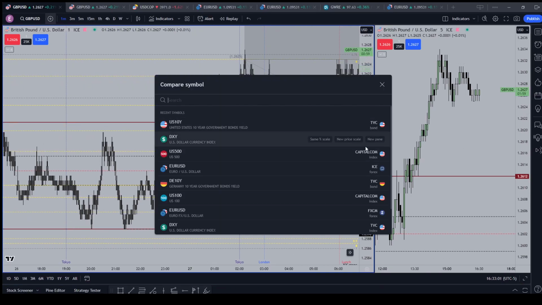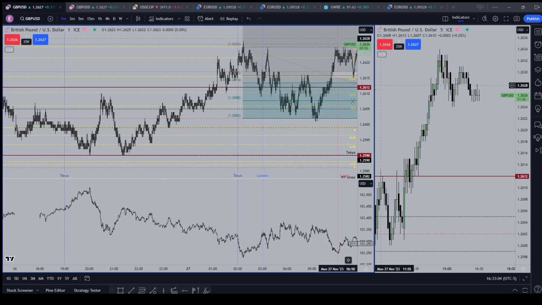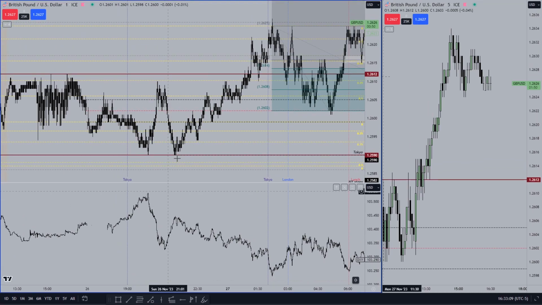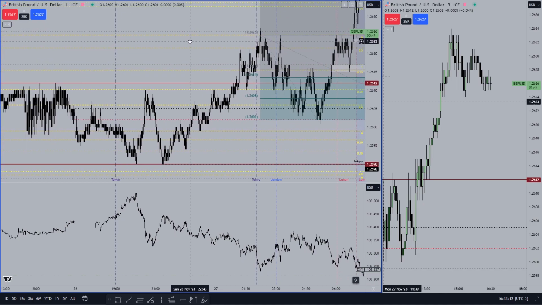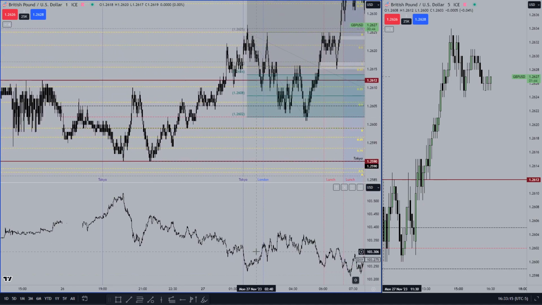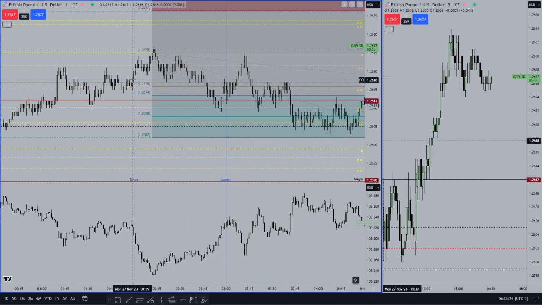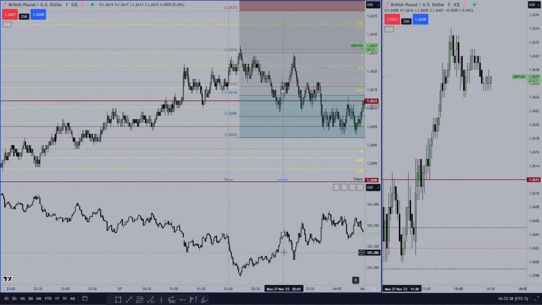Anyways, I would like to contrast every price movement of the pound with the dollar index. So as we see, we have some symmetrical markets: while the dollar index goes down, the British pound, as usual, goes up. At the Frankfurt Open, in the time window between the Frankfurt Open and the London Stock Exchange Open, we have some bearish sentiment on the British pound, and we can see that we have bullish sentiment on the